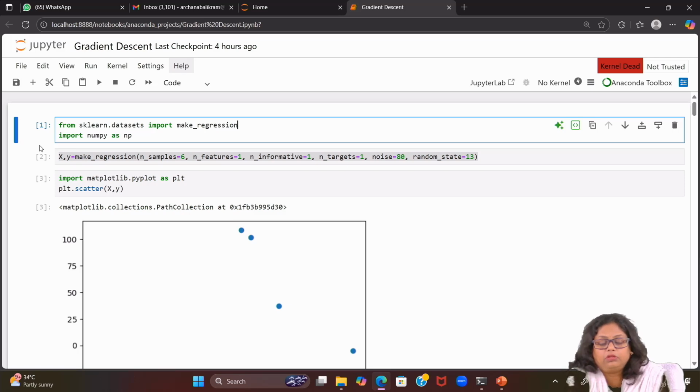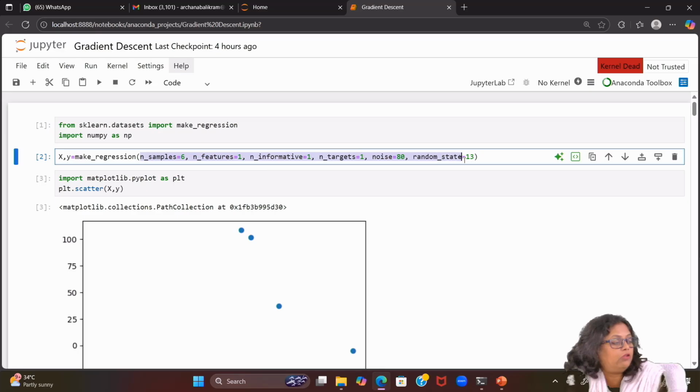Then we have to import numpy, because I am using numpy further. Now we require x and y, so we are using make_regression from sklearn.datasets, and we are passing all these parameters.